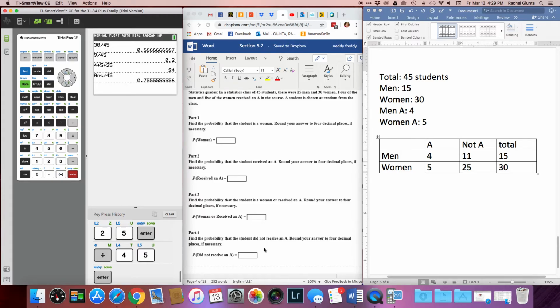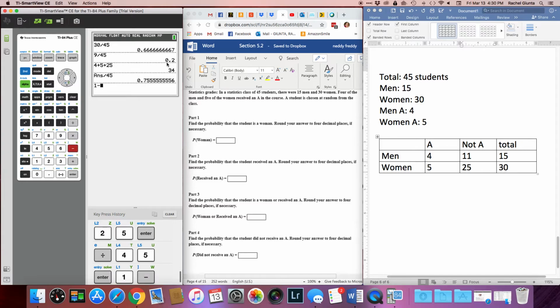And now find the probability that the student did not receive an A. We've already calculated the probability that they did receive an A. We see that not in there. That means we can take this probability and subtract it from 1. And so that was this one up here, 0.2. So 1 minus